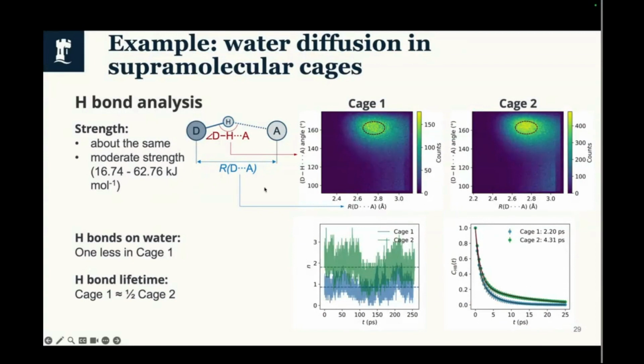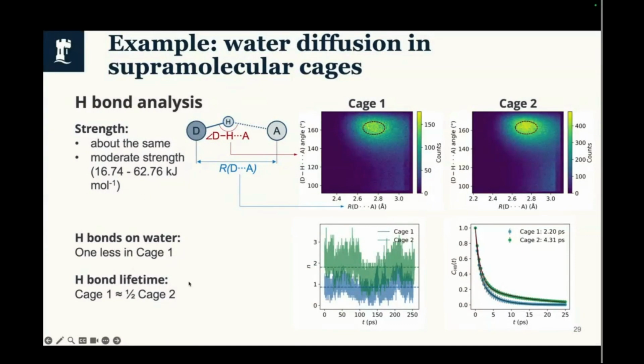If you compare these two distributions, you would see that they have very similar location and density in the separation-angle plot, which means they have very similar strength and they are moderately strong